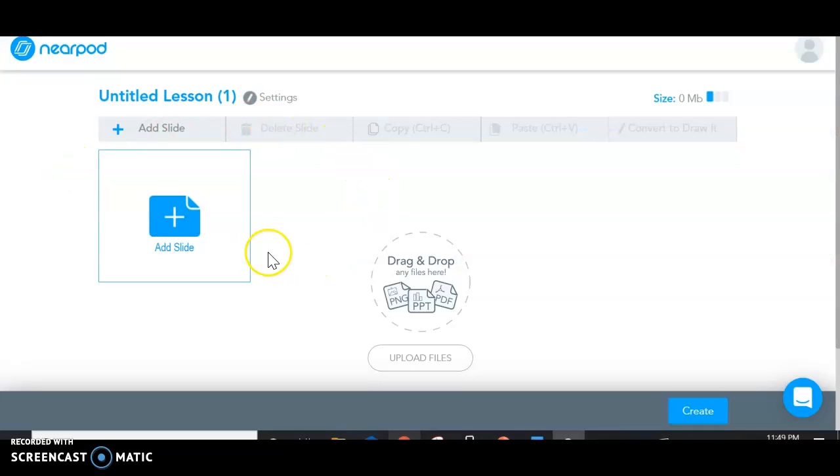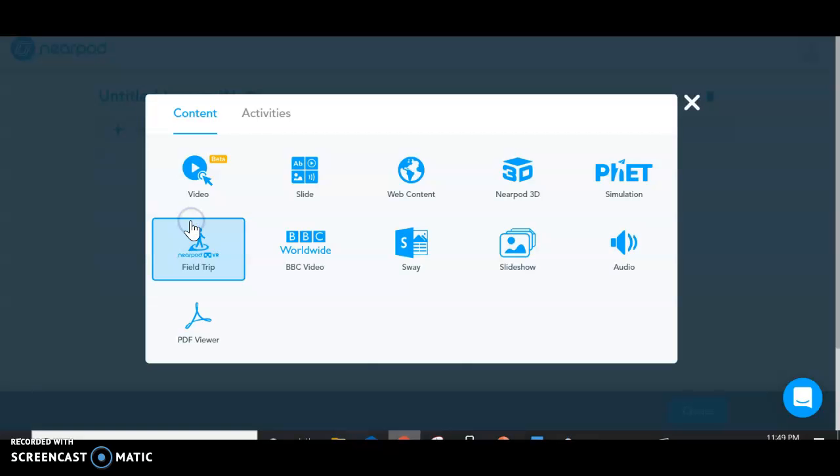So this is what it would look like to create your own Nearpod. Nearpod has so many interactive activities that you can include. So there's the normal slide, like in a presentation where you just want to add text and information. There's web content, so you can put in your own URL or one that you found on the web and